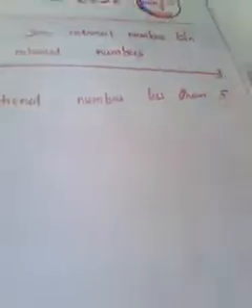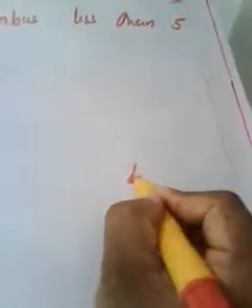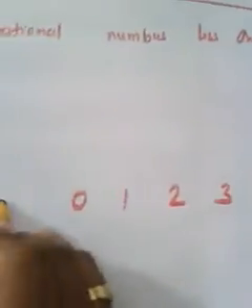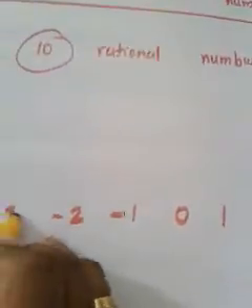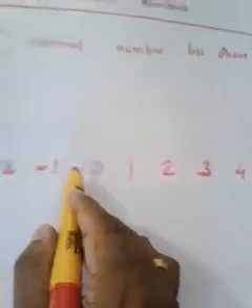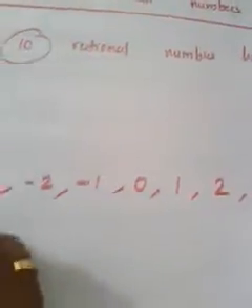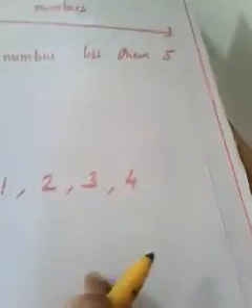Which are the numbers you can say less than 5? 4 is a number less than 5. 3, 2, 1, 0, minus 1, minus 2, minus 3, minus 4, minus 5. See, 1, 2, 3, 4, 5, 6, 7, 8, 9, 10. Sufficient, isn't it? These are a few numbers. Many numbers are there like this. But these are 10 numbers, a few numbers less than 5.